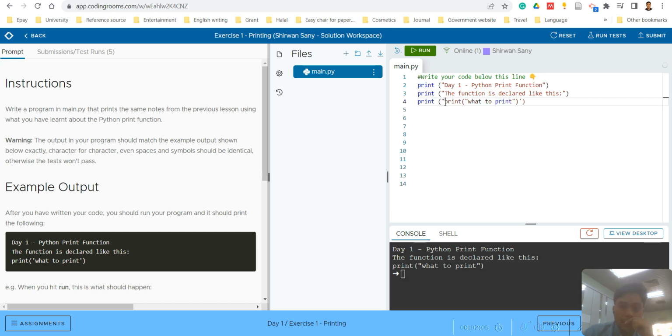Okay, how about if we change single quote and then what to print to be single quote as well? Does it giving any errors? So errors goes back. So that's indicate you cannot use two set of double quotes in one sentence, but you also cannot use two sets of single quote in one sentence. So it's either you use double quote, single quote to get the results,